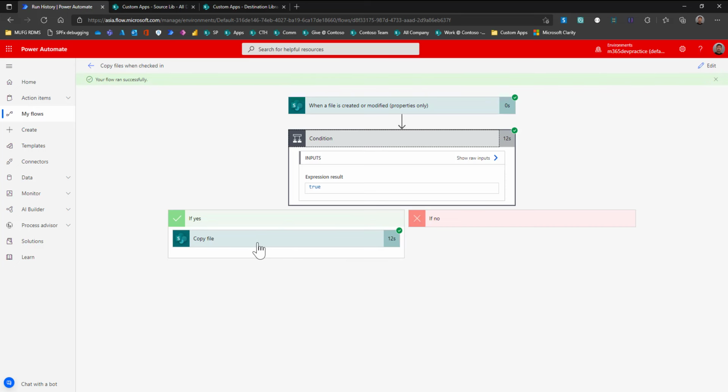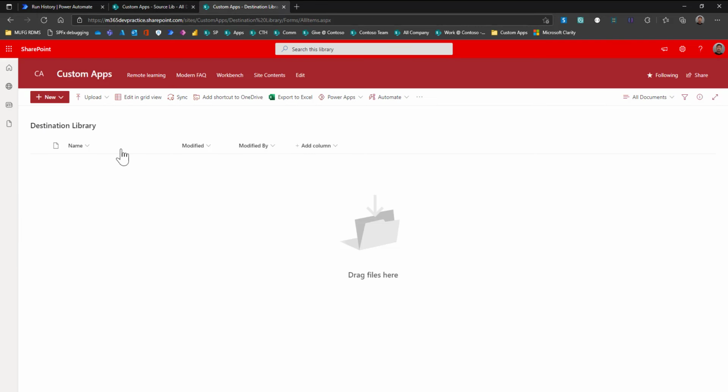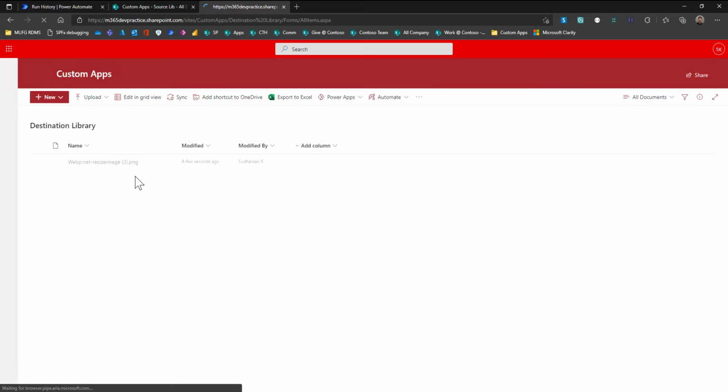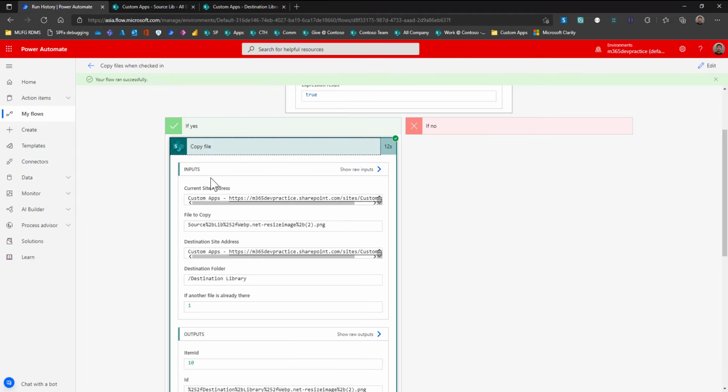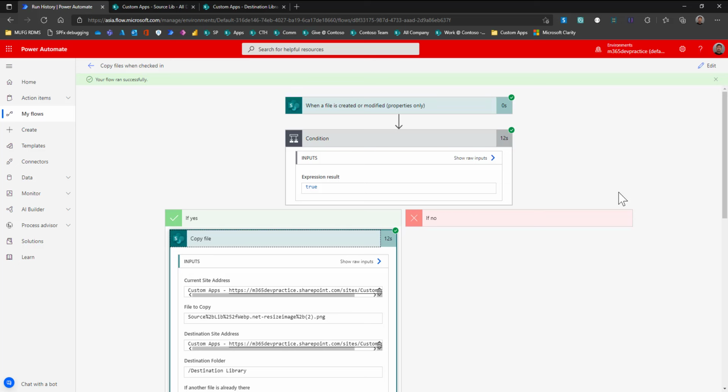Now it is executed. The copy file action is executed, and if you see the destination library, it should have the file. So basically implementing the condition will help the users to avoid unnecessary transformation, unnecessary duplication of files.